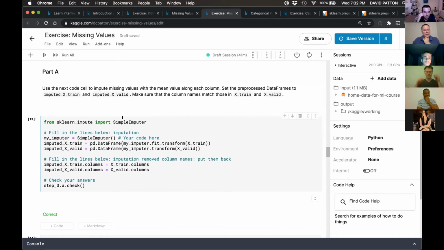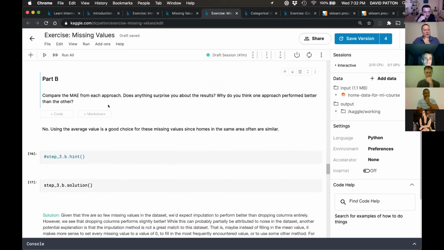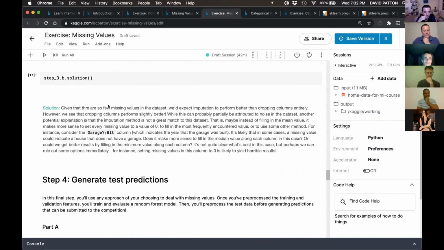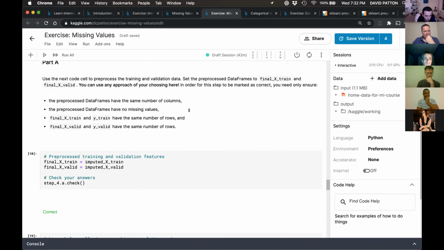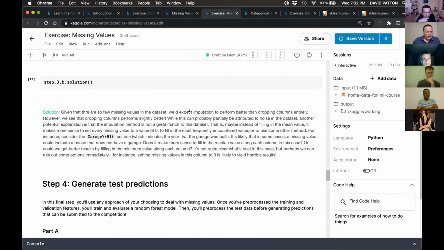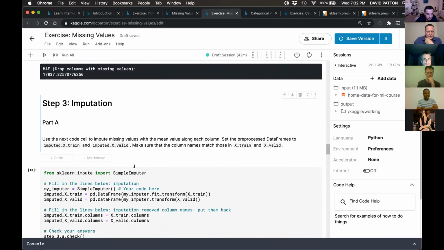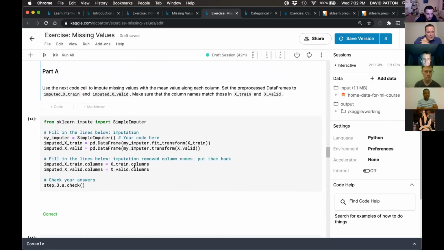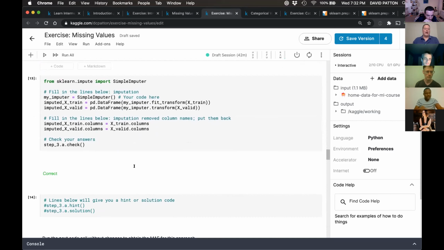But what about doing, let's see, we're going to now think about another solution. Are we? Nope. That's it, right? Yeah, so we didn't do another one, I think. Did we do 1, 2, 3? Sorry. Yeah, so that was it. I don't see another one. So we didn't try the other step where we added a new column to note whether we had done imputation on it or not.